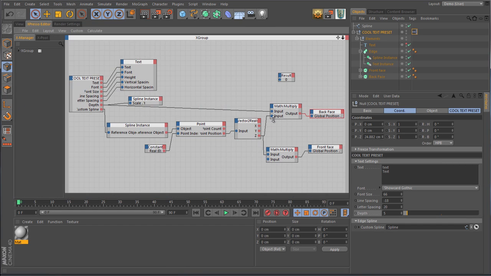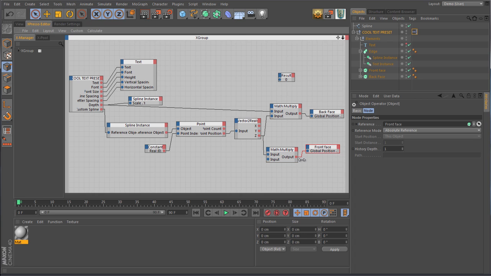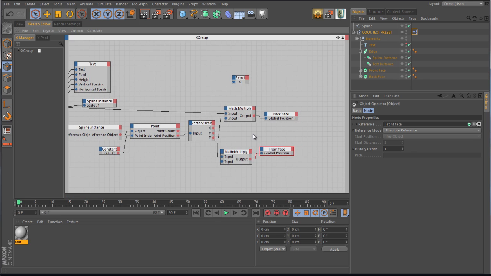So let's go back to the Espresso editor, and we want to multiply this value. So you always want to trace backwards when you're inserting something into an equation. You want to trace backwards. This is where we want to end up. This is where we were before. So this is the actual value. This red line is the actual value that we want to adjust. Okay, so let's move our viewport over a little bit, drag the front face over a little bit, and let's